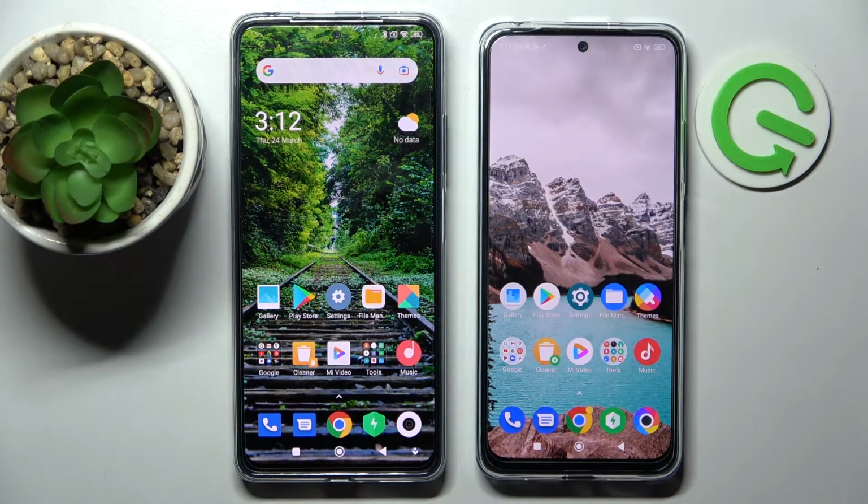Hi! Today I would like to show you how you can transfer files from Xiaomi device to Xiaomi Poco M4